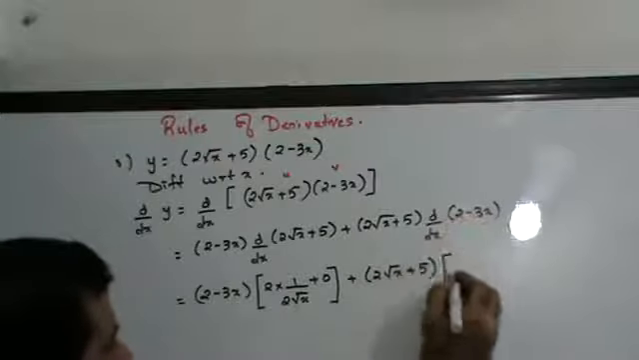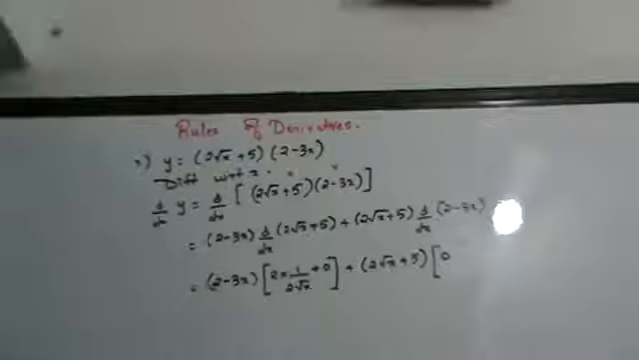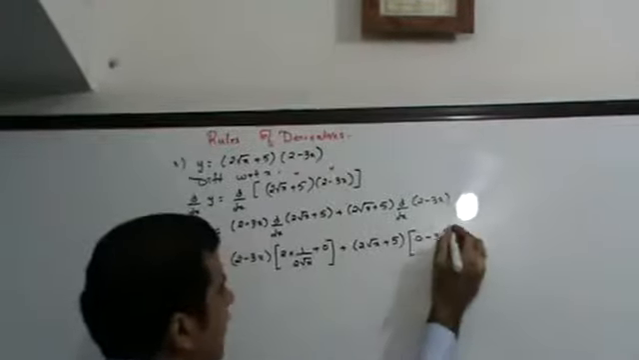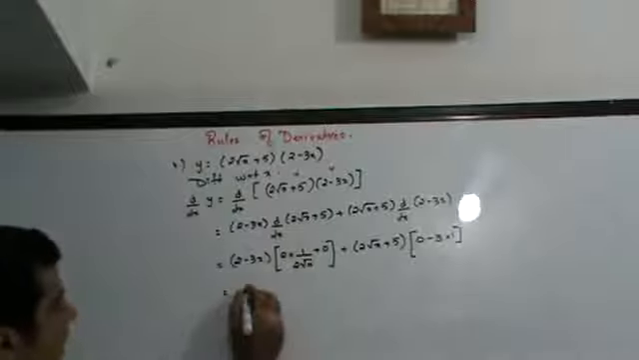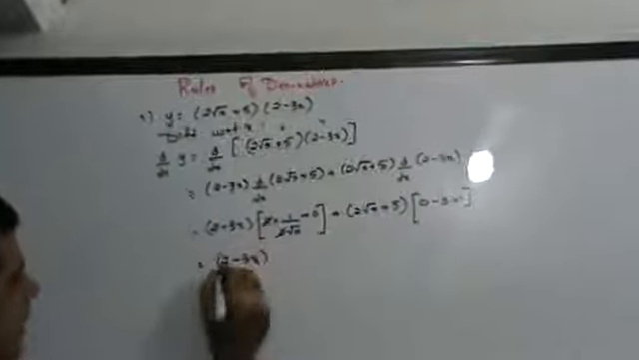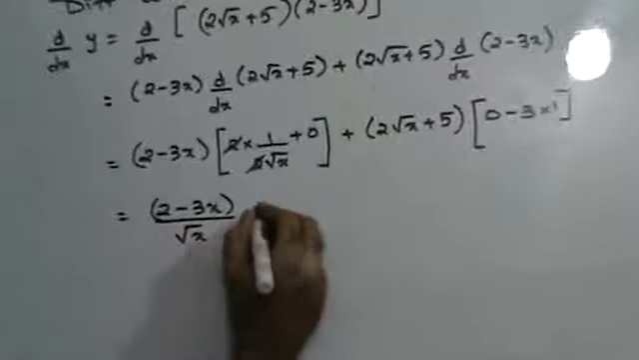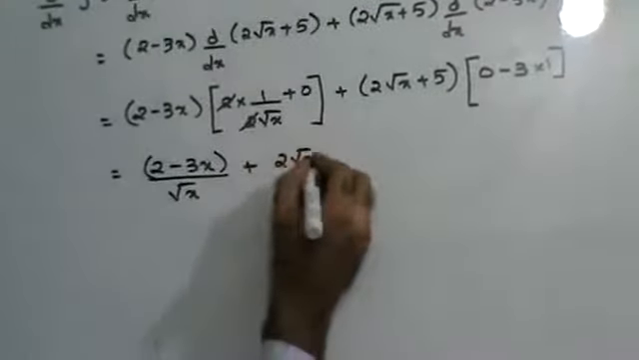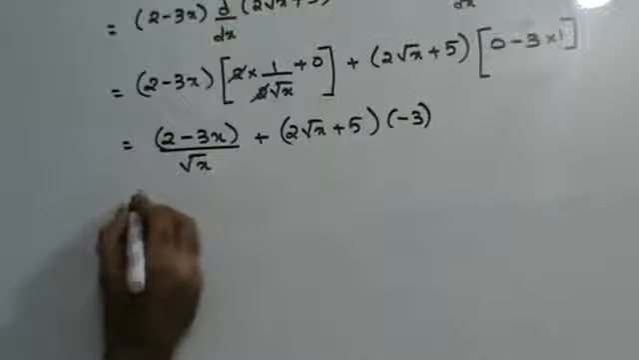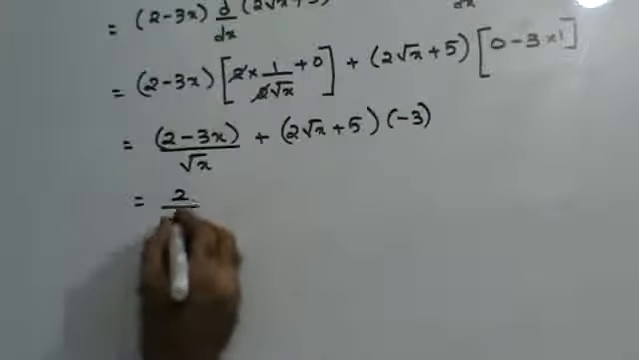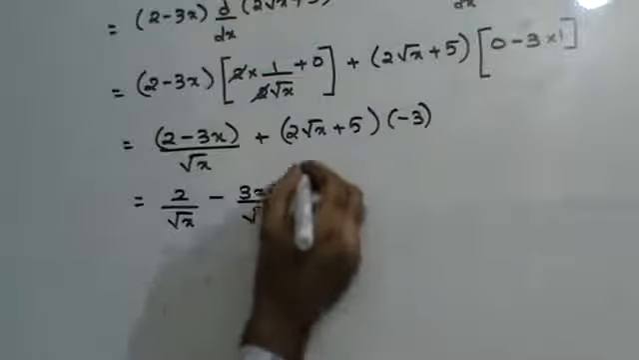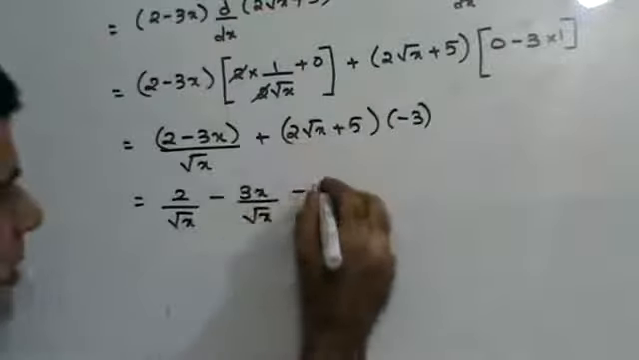dy/dx of 2 is 0, constant. dy/dx of 3x is 3. So in this case you will get 2 minus 3x, 2 and 2 get cancelled, upon root x plus 5 into minus 3. Now you can simplify this as 2 upon root x minus 3x upon root x plus 5 into minus 3, minus 6